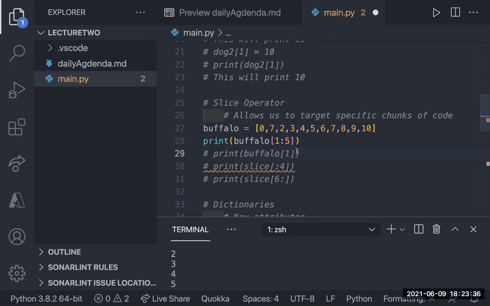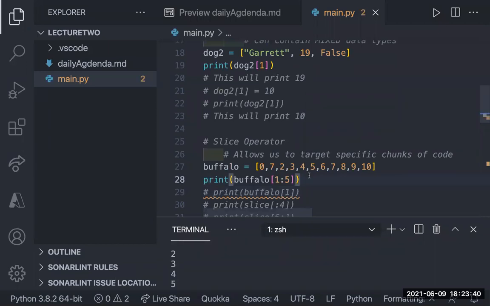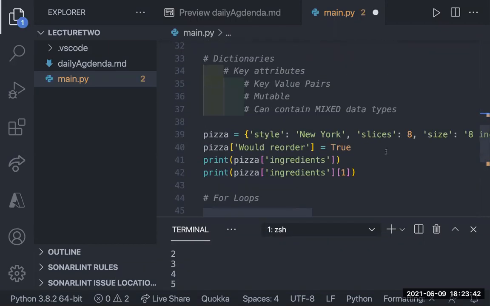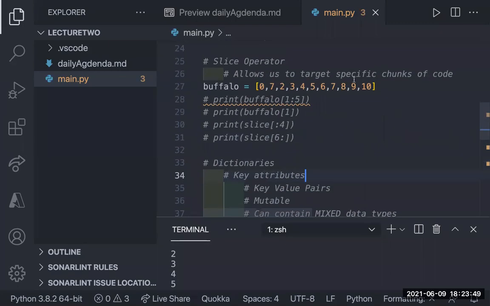So if I do that, save, make sure, yep. So if I run this, let me get rid of this guy.